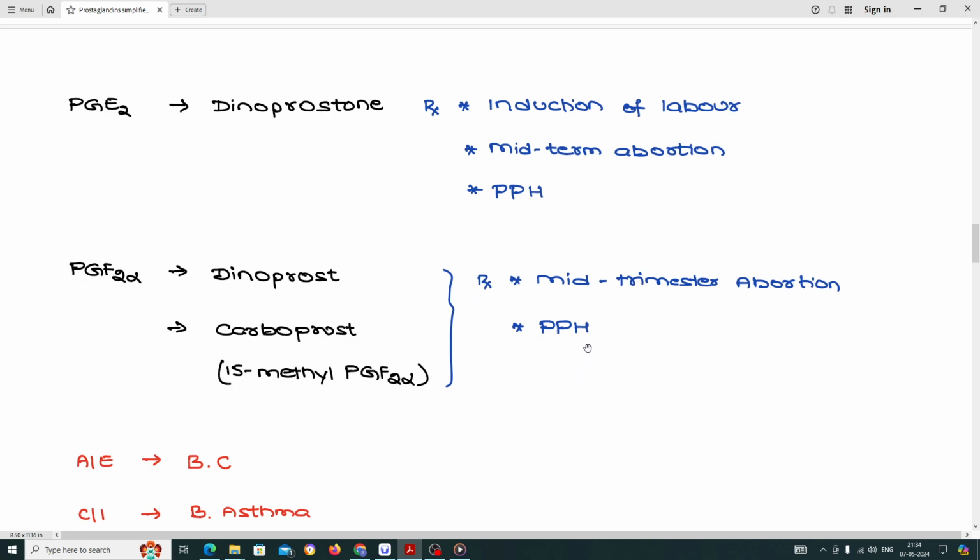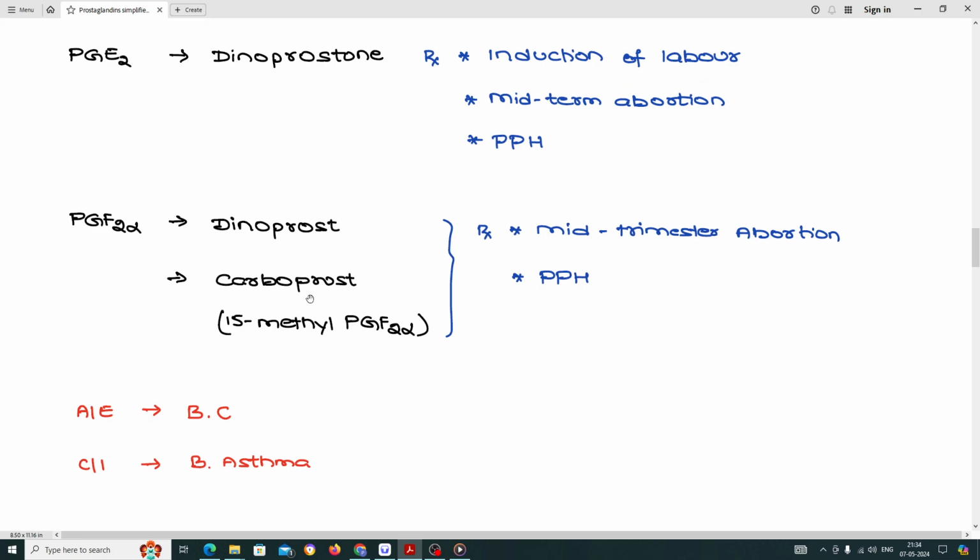Whenever there is a contraction of the smooth muscles, the blood vessels between the smooth muscles will get contracted, and there will be vasoconstriction too, which will prevent the loss of blood. So where are these drugs contraindicated, or where are the conditions where you need to be very careful while using such prostaglandin analogs? Since they cause bronchoconstriction, you should be careful, and these analogs should be contraindicated if the patient has